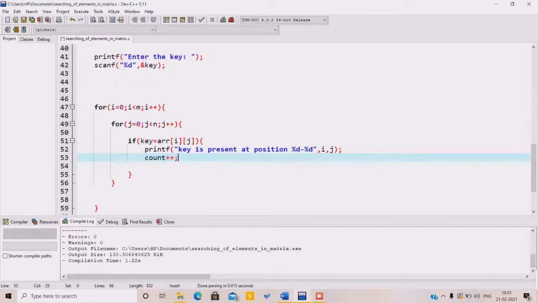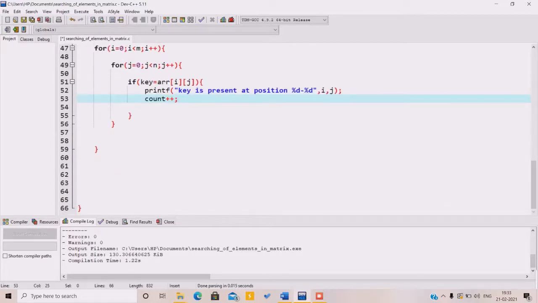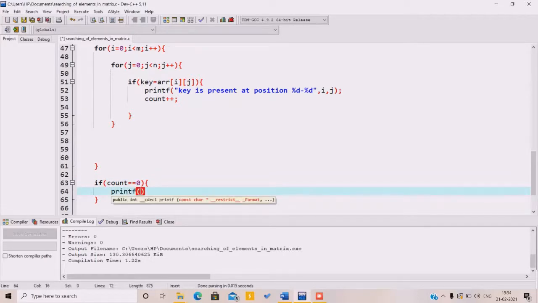Then go out of the for loop, and again use an if statement, so that if count is equal to 0, then print that the element is not present in that matrix. So, key is not in the given matrix.